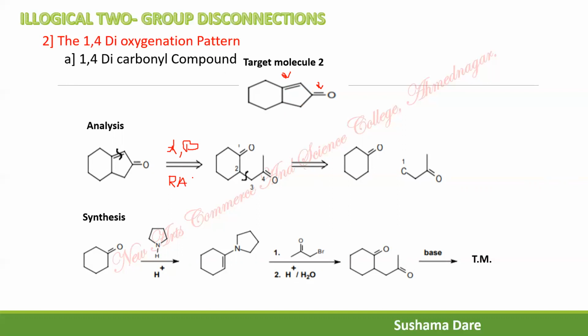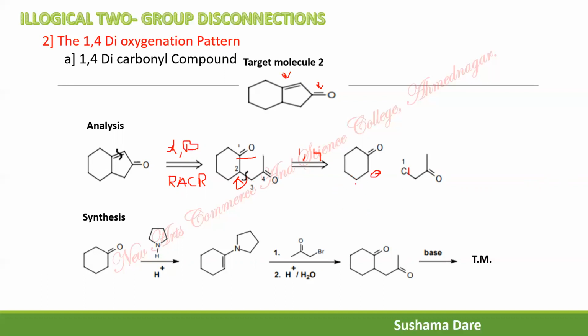So in the retro aldol condensation reaction, instead of the double bond at beta carbon, you write down the carbonyl group, and at alpha carbon, you simply place the CH3 group. So after the disconnection of this, you can see there is a generation of a 1,4-dicarbonyl compound, and then the disconnection is a 2,3 disconnection. But which one is more substituted, number 2 or number 3? 2 is more substituted. So disconnect the bond in the direction of 2. So you'll have a negative charge here, and this side is Cl.